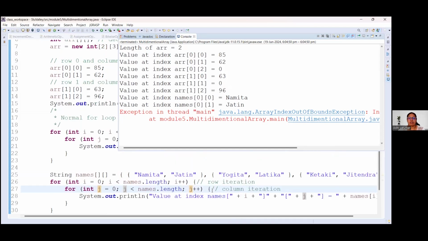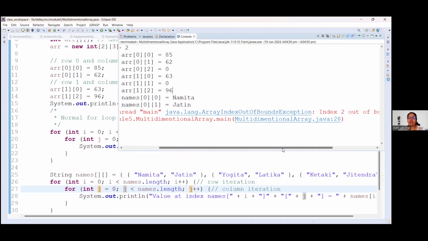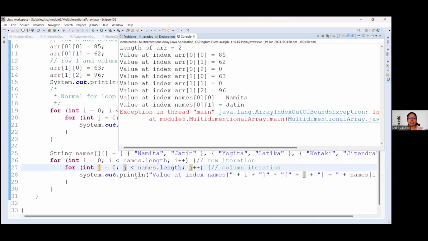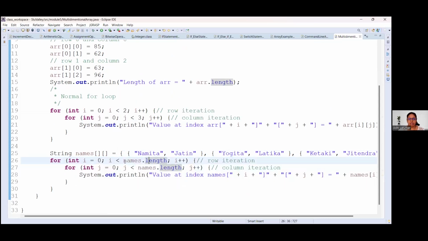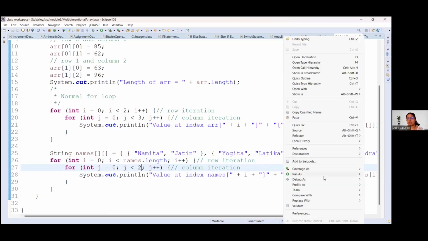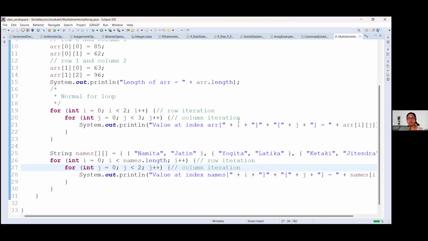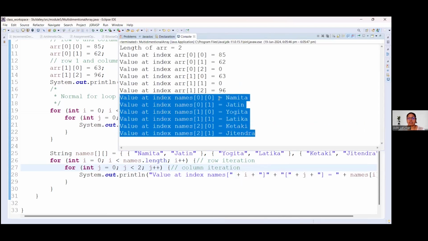For the string data, okay, we need to change this array length. Okay, here, names.length, instead of this, for rows you can keep it. For columns, I am changing it to 2, not 3, because we have only created 2 columns, basically 3 rows. Okay, so you can see the values stored at